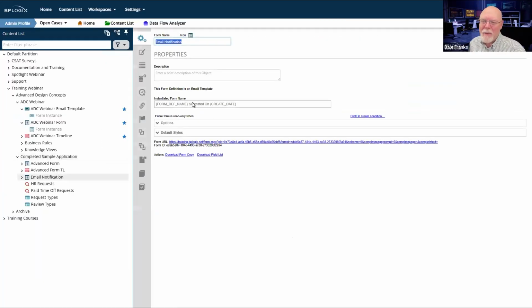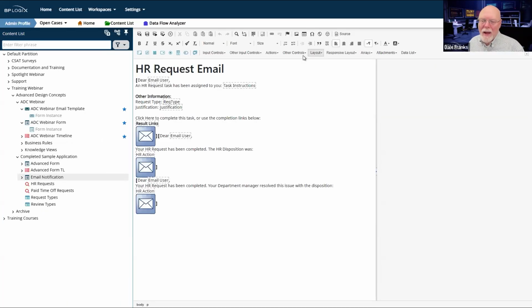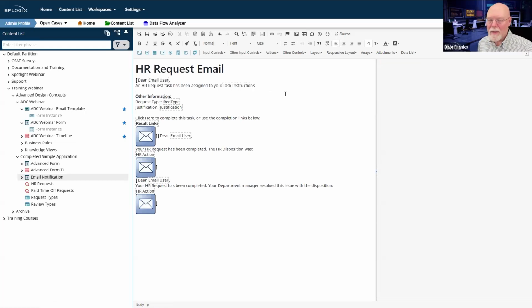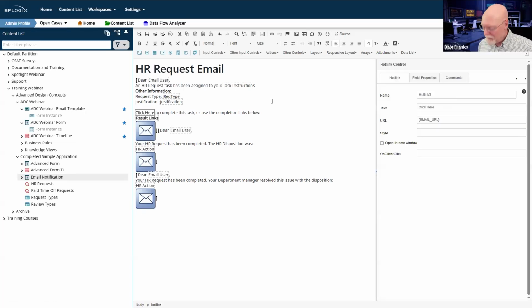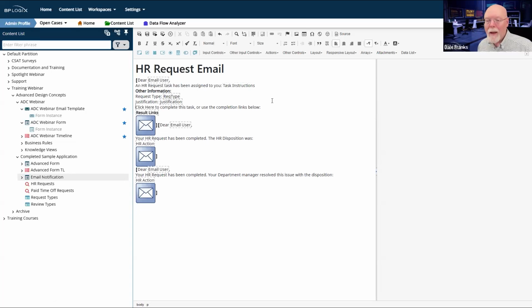So we'll go to our email notification. And there's my culprit. I've got that extra line there. I got an extra line space here. Well, come on. There we go. I'd have to look at the source HTML to confirm this, and I'm just not going to do that. We're just going to assume that this is okay, and we're going to save it.